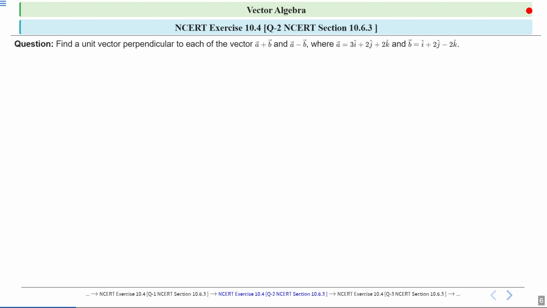You can notice how the question gives us the components of both the vectors a vector and b vector and asks us for a unit vector, which means a vector of length 1. We will need to use vector operations to solve this, and let us see how we can solve this.